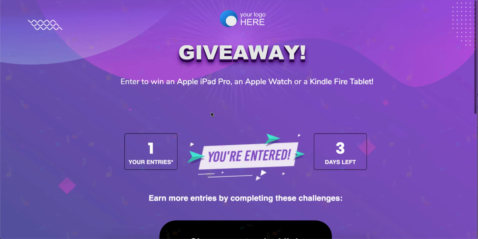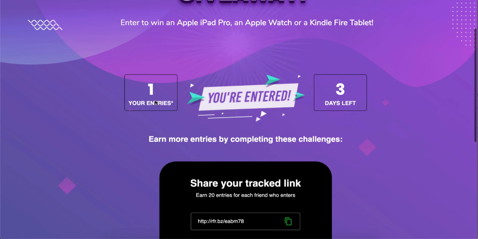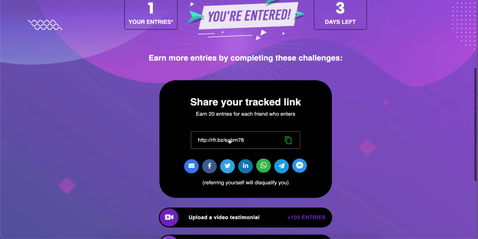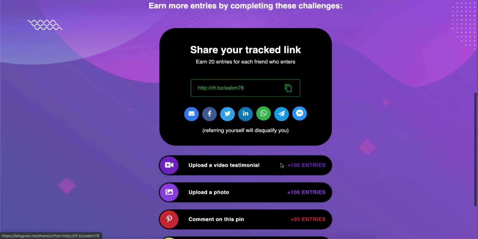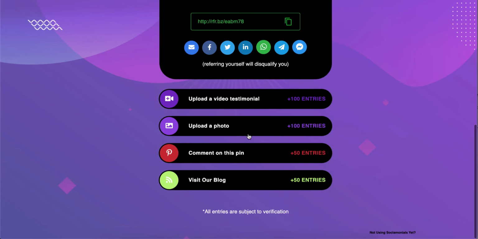Great, we're entered, we've got the confetti, just earned an entry. Now we can share our Tract link by copying this and then share it on Instant Messenger, WhatsApp, even Telegram. Now, I can go in and